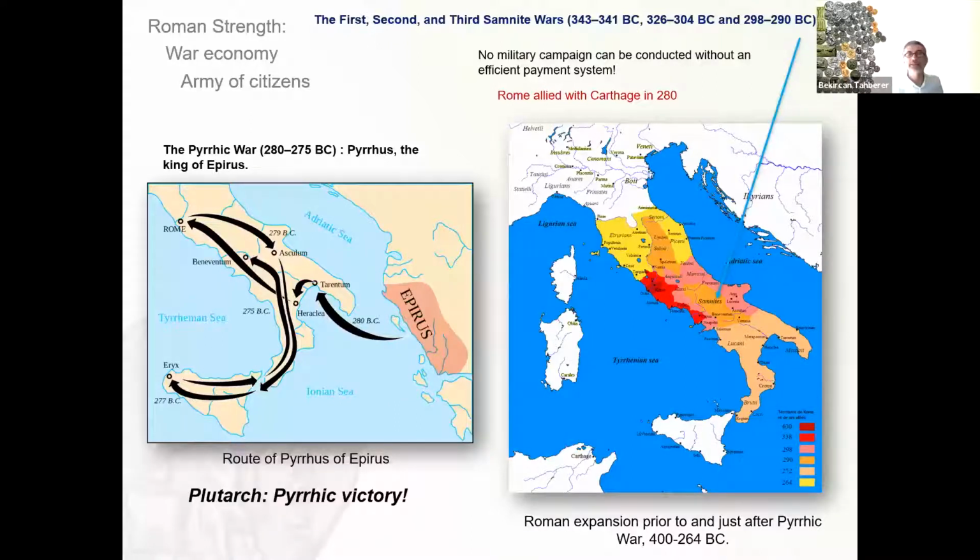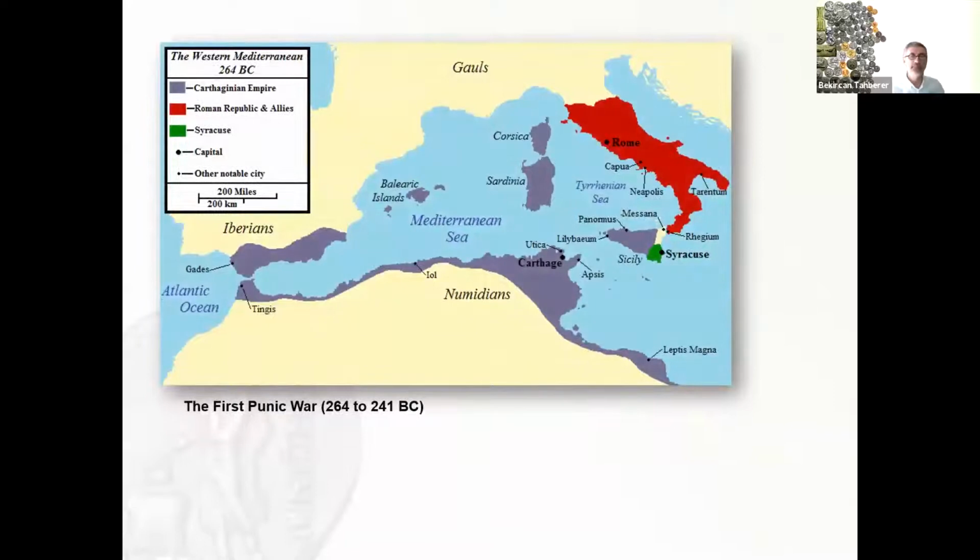Oh, by the way, during the military campaigns of the Pyrrhic War, Rome allied with Carthage in 280, and they received quite a bit of silver and gold from Carthage. Who would believe that only a couple years later they would start fighting against one another? In the First Punic War, 264 to 241, of course, when we say